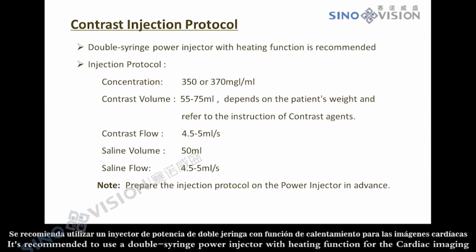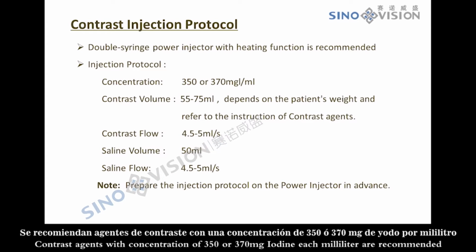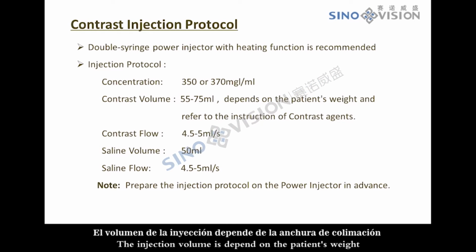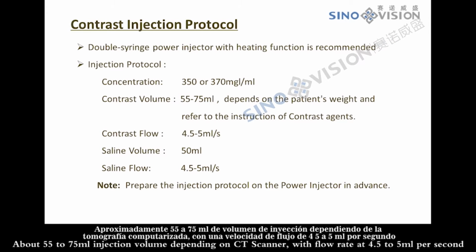It's recommended to use a double syringe power injector with heating function for cardiac imaging. Contrast agents with a concentration of 350 or 370 mg iodine per milliliter are recommended. The injection volume depends on the patient's weight and collimation width, and should also refer to the instructions of the contrast agents. About 55 to 75 milliliters injection volume depending on the CT scanner, with a flow rate of 4.5 to 5 milliliters